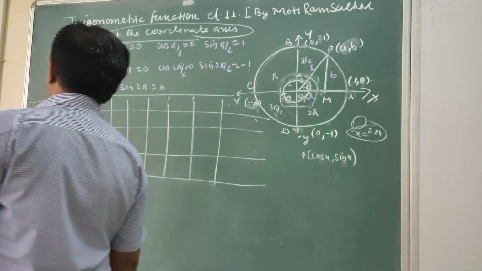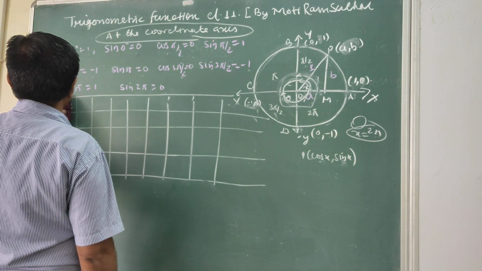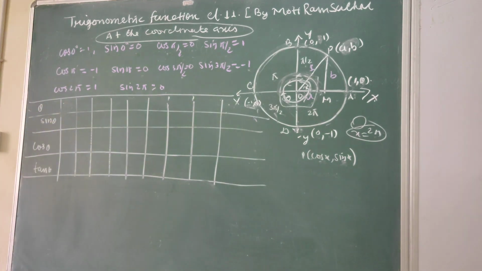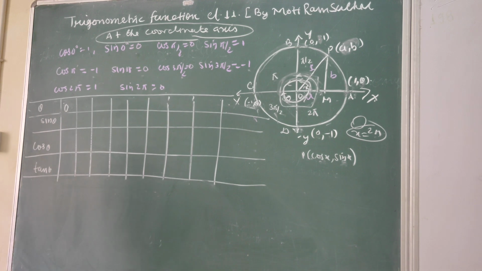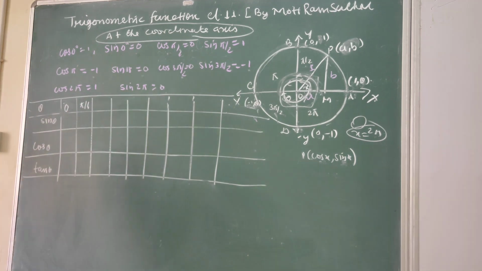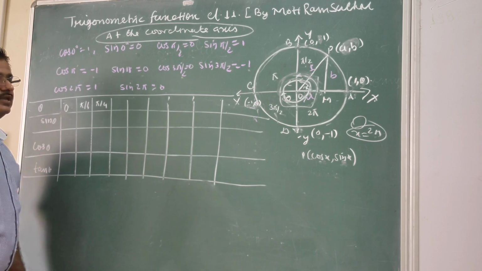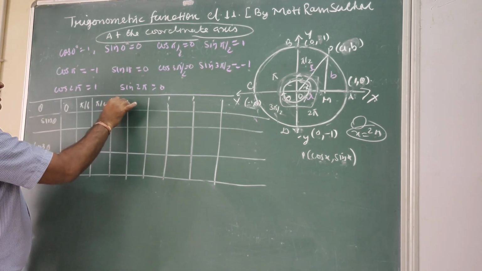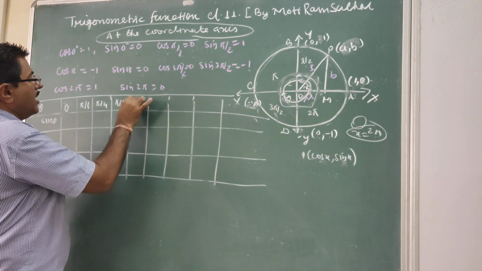In the first column we are given the three trigonometric ratios sin theta, cos theta and tan theta. And then we have taken theta. Now theta has different values starting from 0. This is in radian. In that case we write 30 degree. Now 30 degree converted into radian is pi by 6. Then 45 in radian is pi by 4. Then 60 in radian is pi by 3. Clear? Then 90 in radians will be pi by 2.